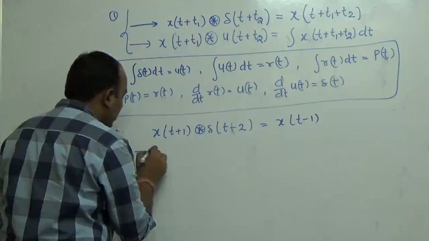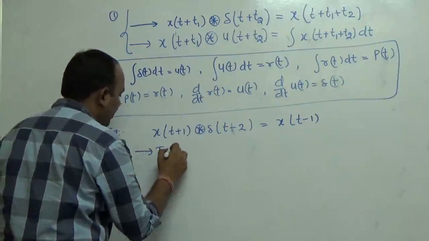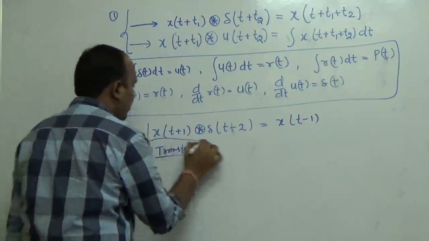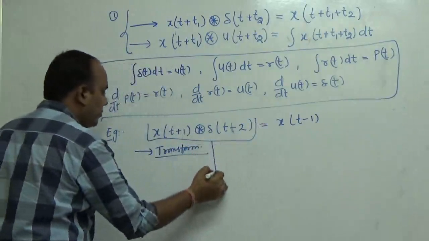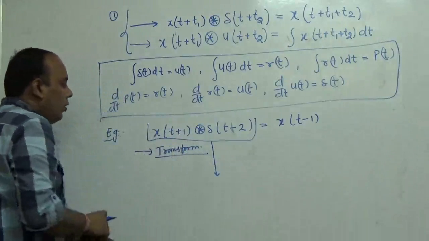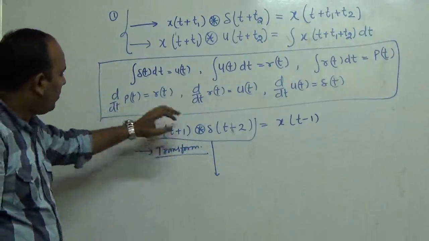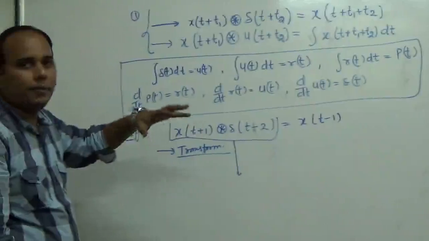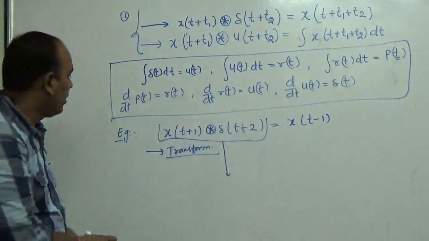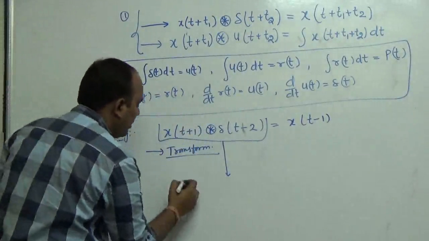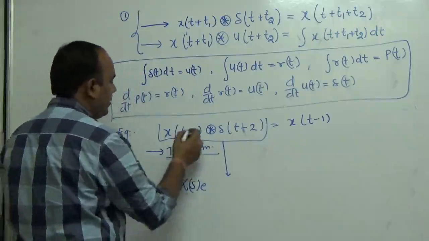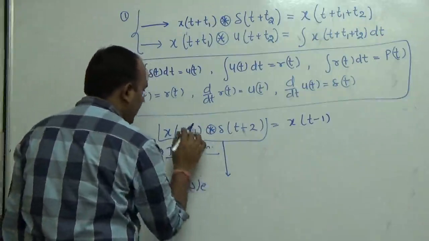And now you can also apply the transform method. If you have to find out the value of this particular part, then take the transform of this part. I am using a Laplace transform here. What is the Laplace transform of any convolution function? It is just the product of the Laplace transforms of the particular functions. So the Laplace transform of x(t+1) is always X(s) multiplied by e to the power of ωs. That is, omega is 1, so it will be